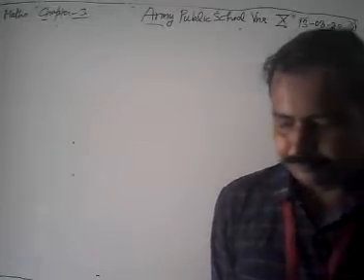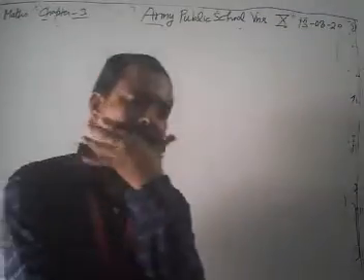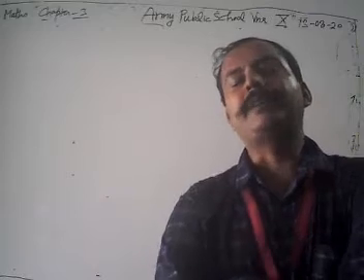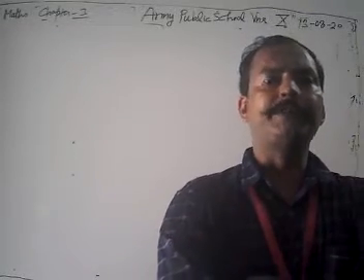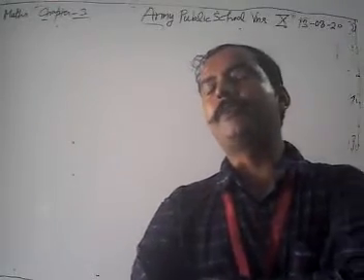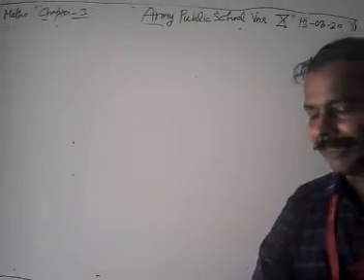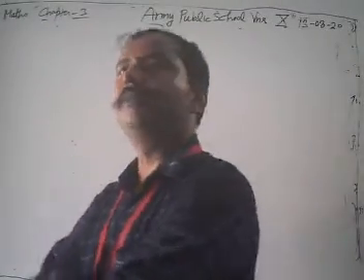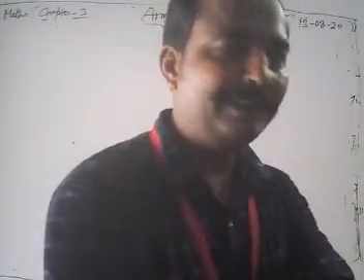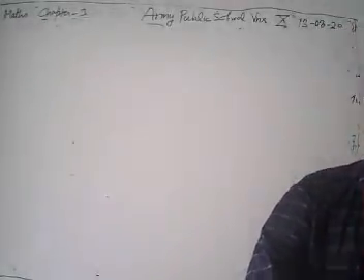When we talk about the solution, there are two types of methods for solving pairs of linear equations in two variables. First is our graphical method, in which we plot the graph of the two given lines. The second is our algebraic method, in which we discussed mainly the elimination and substitution methods, and the third method is known as the cross multiplication method.